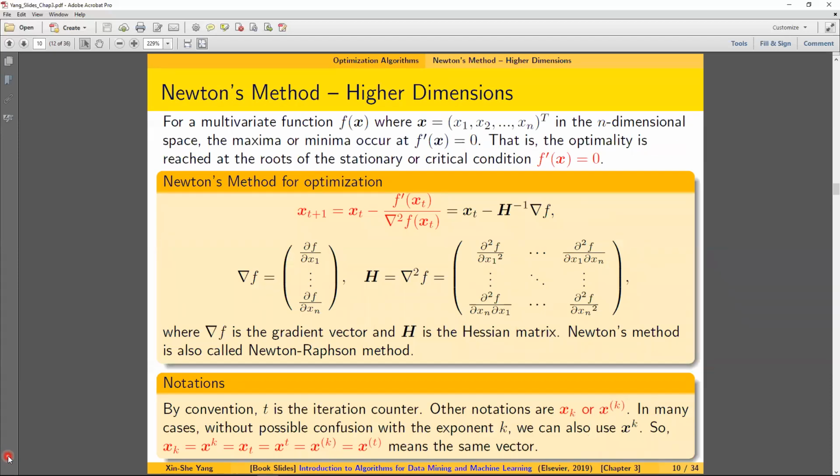For higher dimension Newton's method, for a multivariate function f(x), where x is x1, x2, all the way to xn in the n-dimensional space, the maximum or minimum occurs at f prime x equals 0, which we already know. That is, the optimality is reached at the roots of the stationary or critical condition that satisfies f prime x equals 0. And Newton's method is